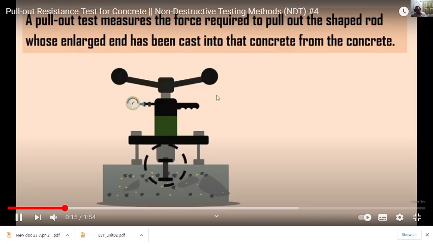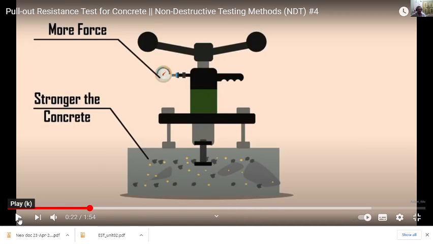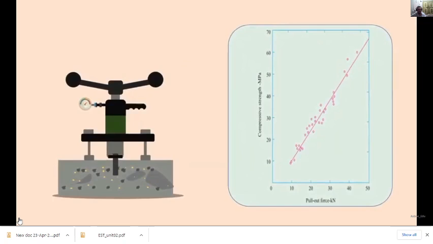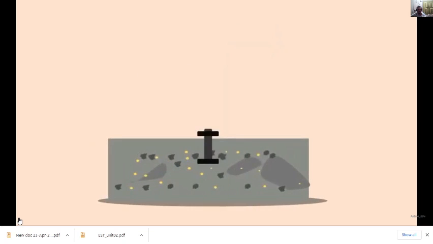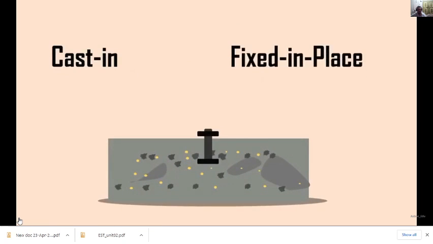The stronger the concrete, the more force is required to pull it out, and that is nothing but the strength of your concrete. Using established correlations, the force provides the concrete strength based on the specific correlation between properties. The rod inserts can be done by two methods, namely cast in place and fixed in place.